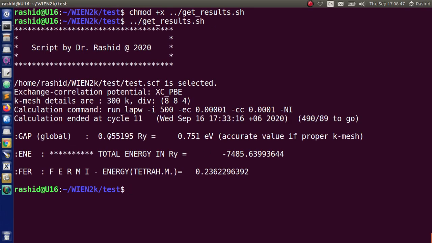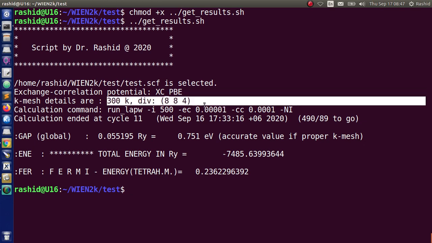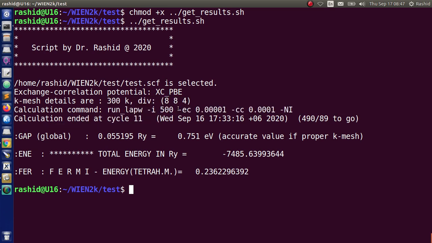it gives us all the details. It shows which SCF file is selected, which potential is used, what the KMS details were, and also which command is used, that is, what converging values were used for this calculation.